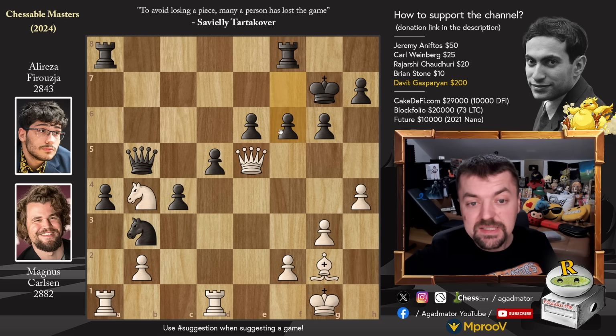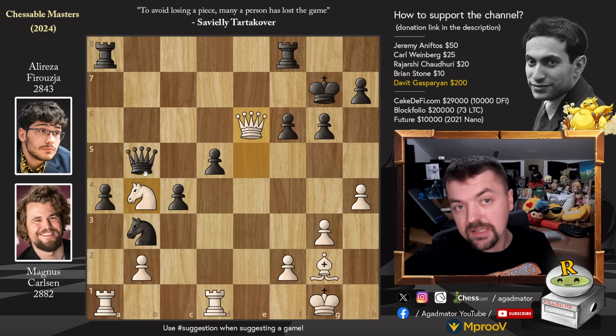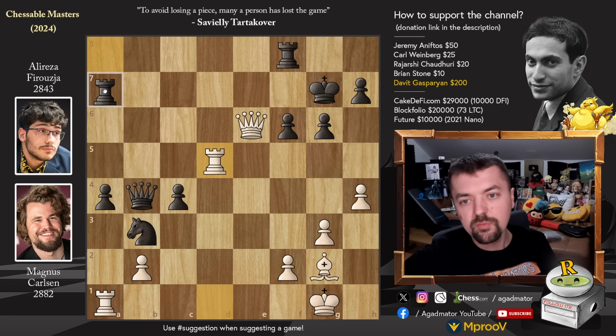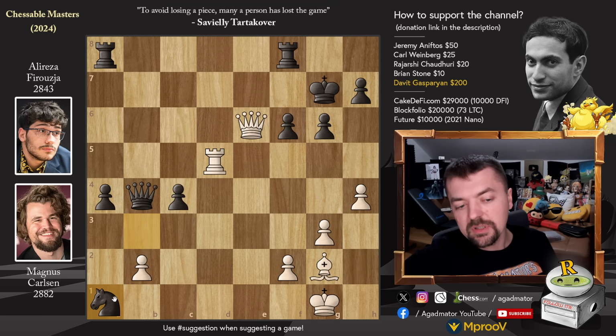We have pawn to f6 defending, and now queen captures on e6, and finally, Alireza eliminates the extra piece. So queen captures on b4, rook captures on d5. Now Magnus going for the king hunt, and now rook to a7. Again, a very, very important move, because if you capture the rook here now, then comes rook d7 check, and after